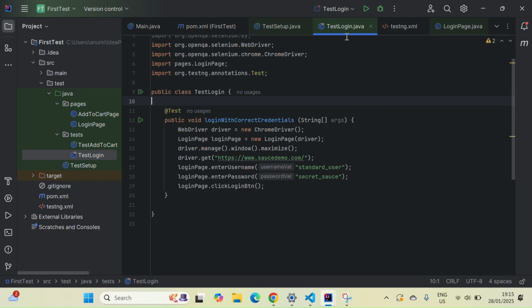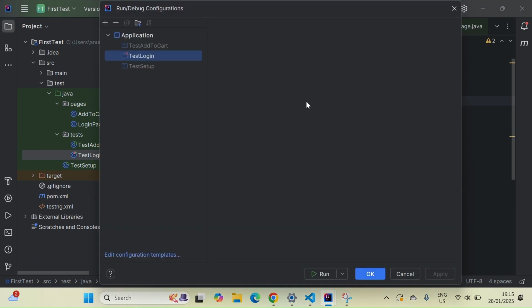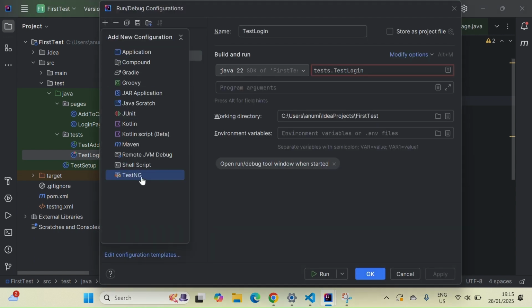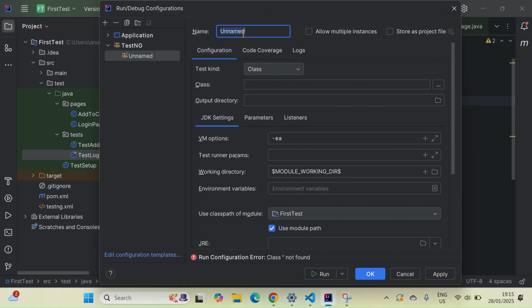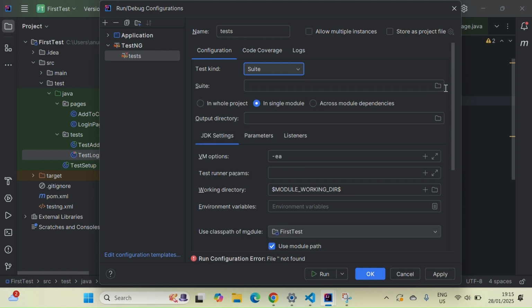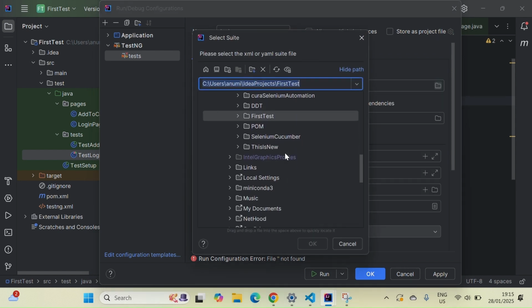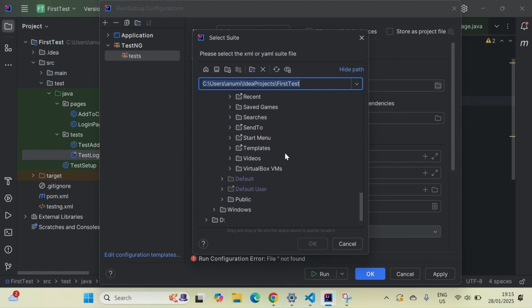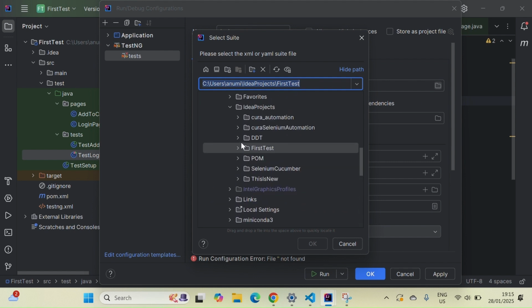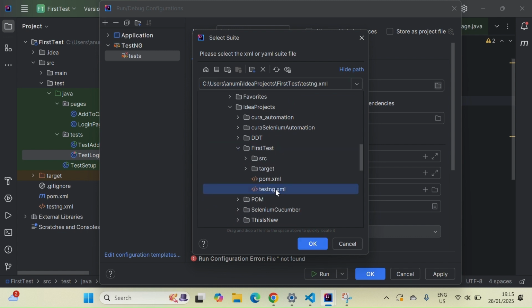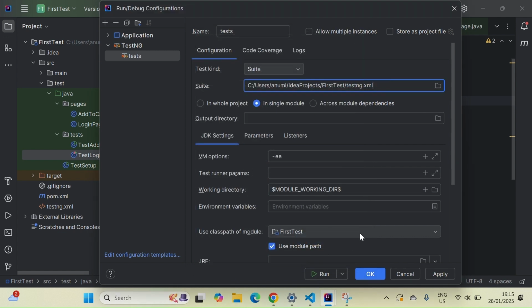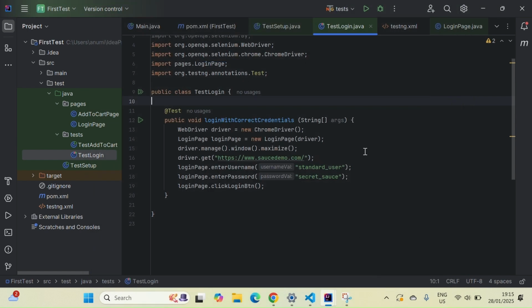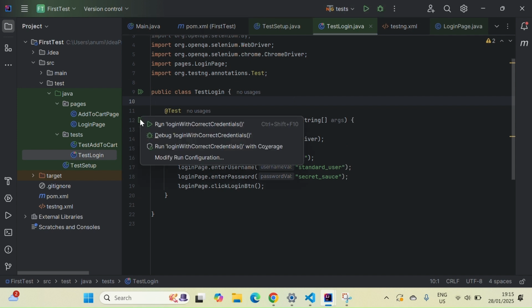Oh yeah, I didn't add my configuration yet. Let me go ahead and add a new configuration. Go to TestNG, write tests, test suite, and here's my testng.xml, and just click OK here. So that should run my tests here, right? So now if I run this file, run this method,